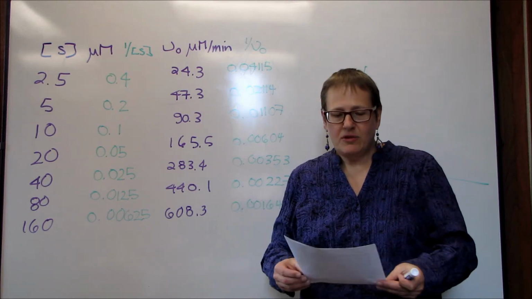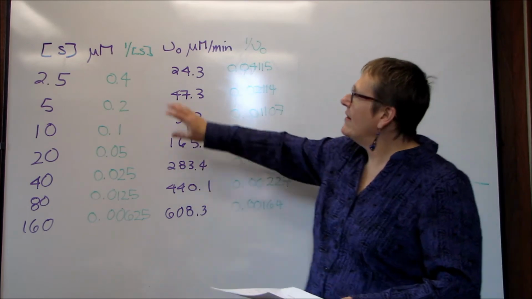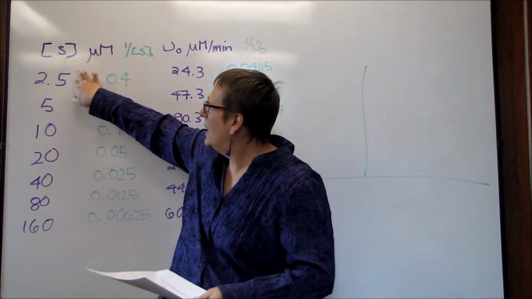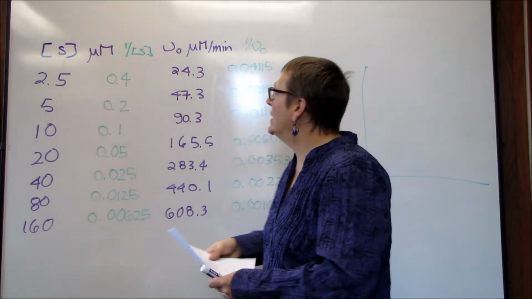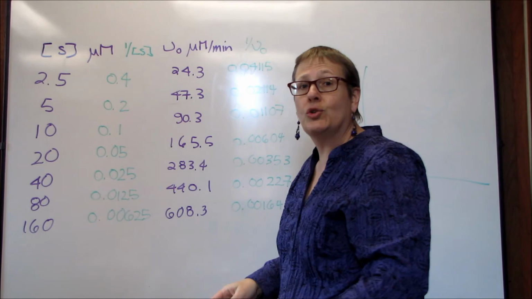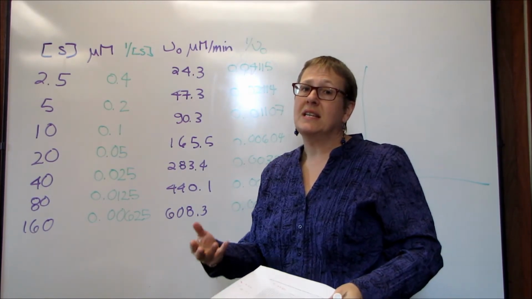Okay, so this is a video tutorial for team challenge number 10 on enzyme kinetics. Now, what I've set up here on the board, I copied the data in purple that was given. And what I've done is I've calculated the reciprocal, or 1 over that number, and put that in green here. So that generally is the first step when you're going to do a Lineweaver-Burk, is to take the reciprocal of